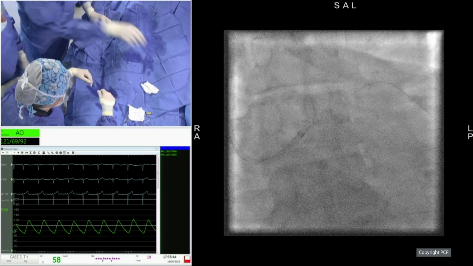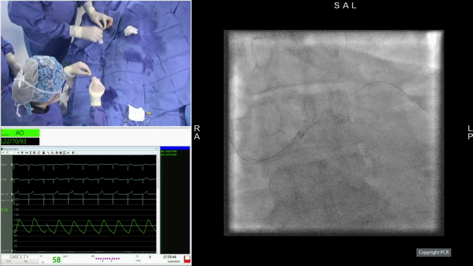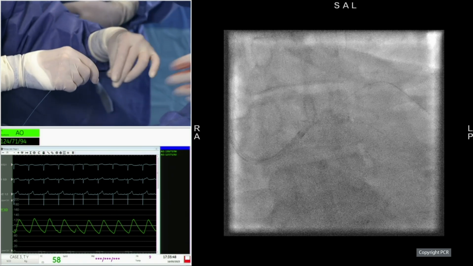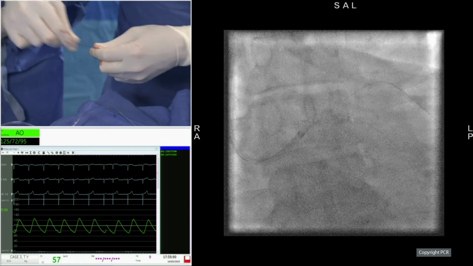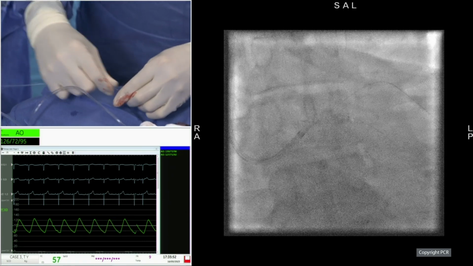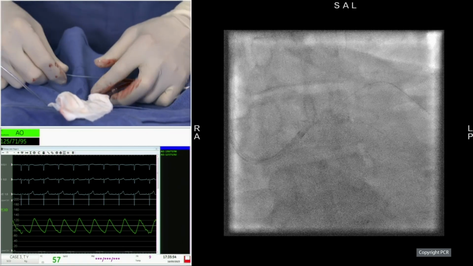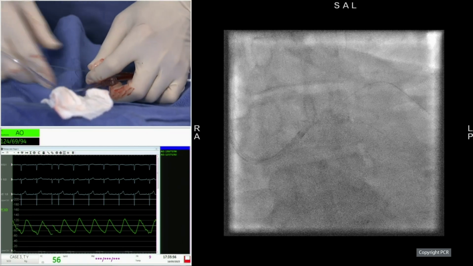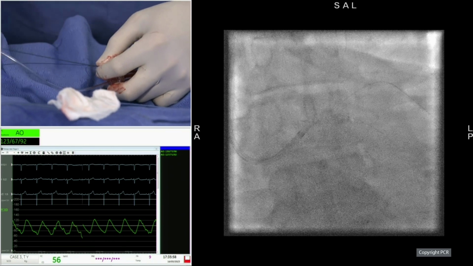Yes, I think it's a good point, and we can discuss both techniques. Usually we will select IVL when we have a large vessel and a quite short lesion. This was, I think, an ideal case for the IVL, and we still use the